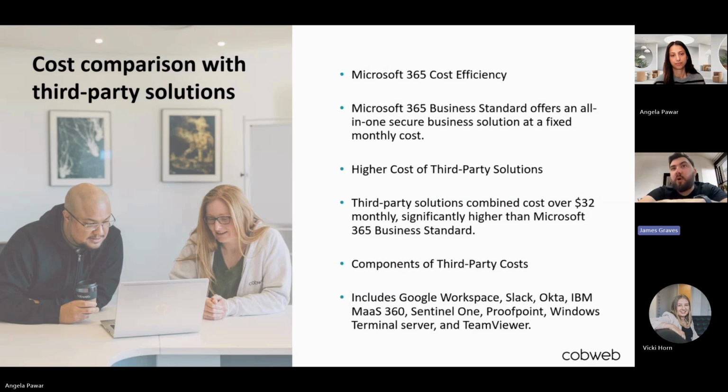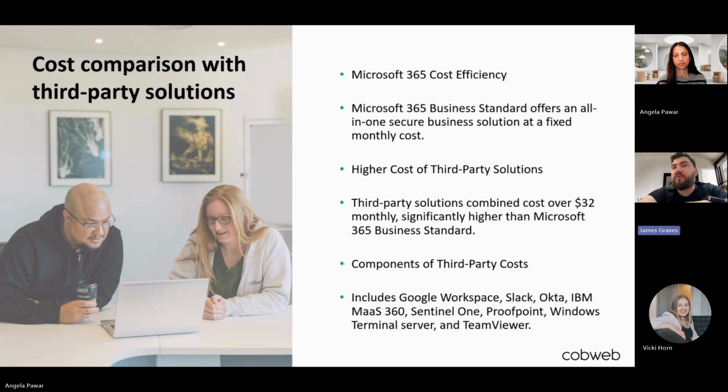Business Standard offers all of these solutions in a single fixed monthly cost license. So it's not multiple pieces. You're not having to buy all of the parts we spoke about today. It's one license, everything included, plus the Copilot chat features that Angela's going to be touching on shortly. Obviously, more cost effective than the third-party solutions that are out there. Those third-party solutions are just a few of the names you're seeing on the screen now. So if you are using Google Workspace, Slack, Okta, any of these sorts of products,